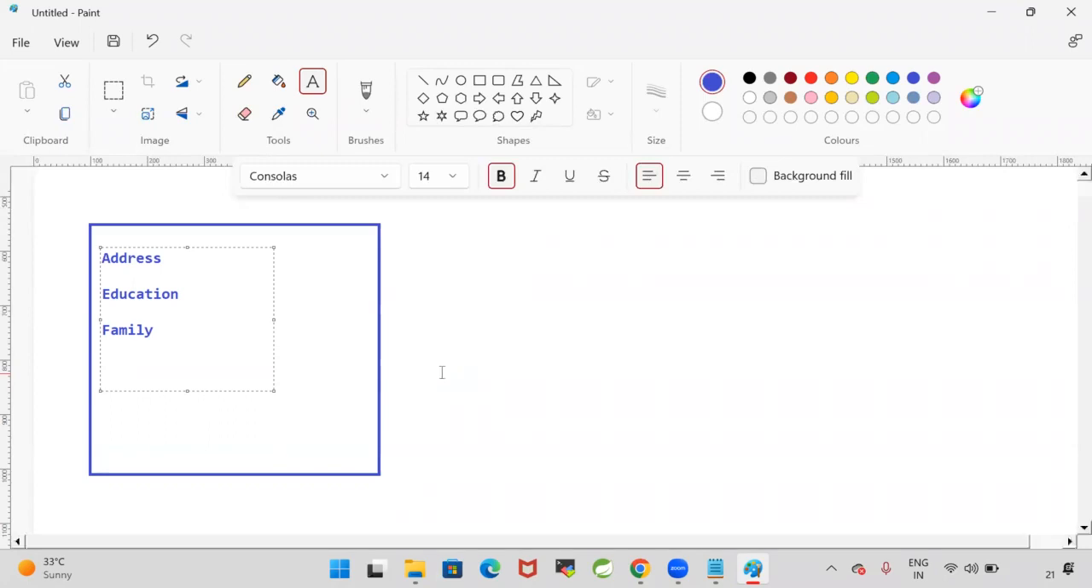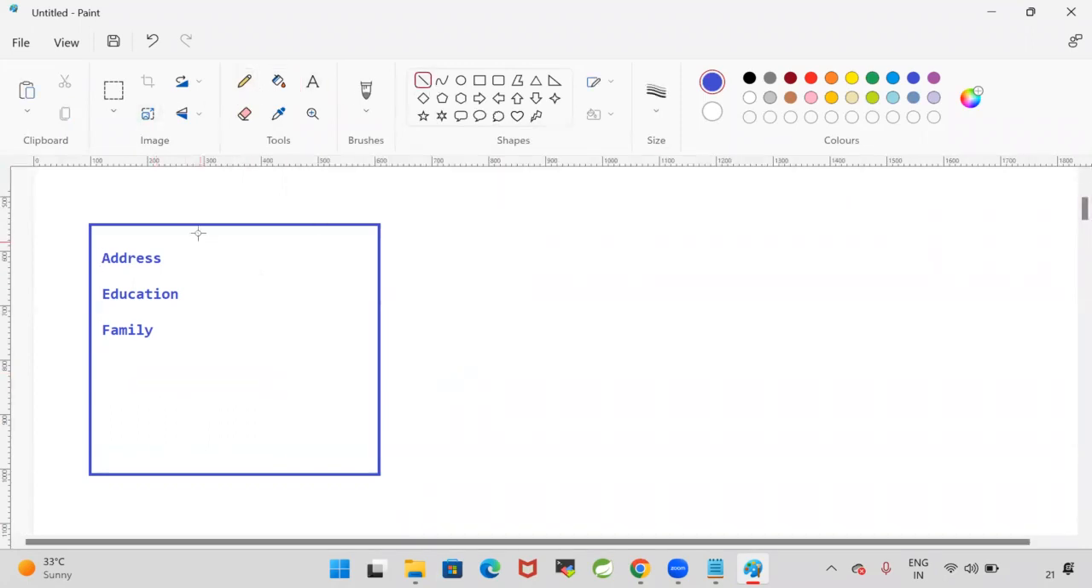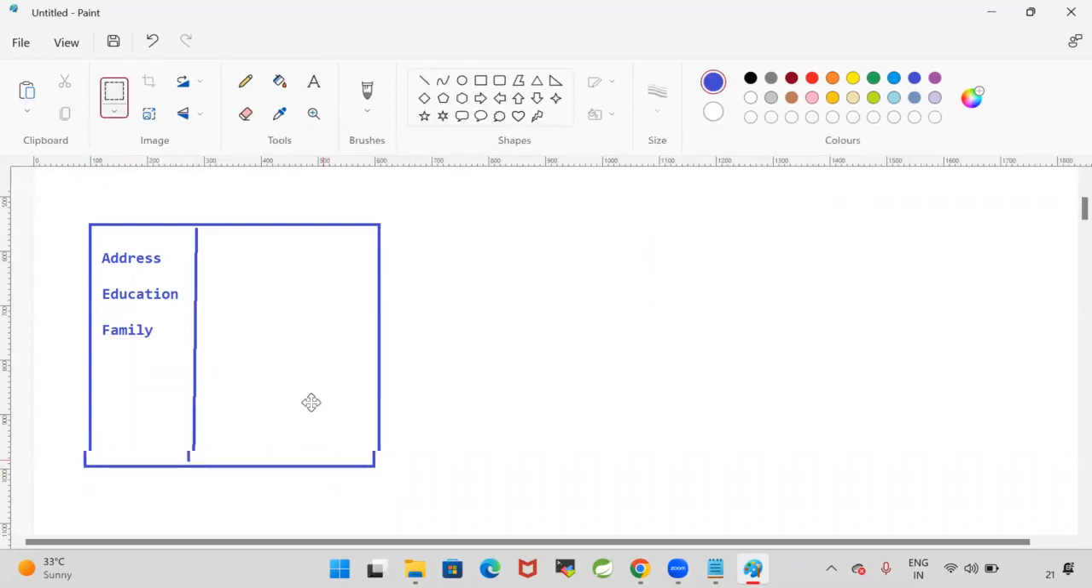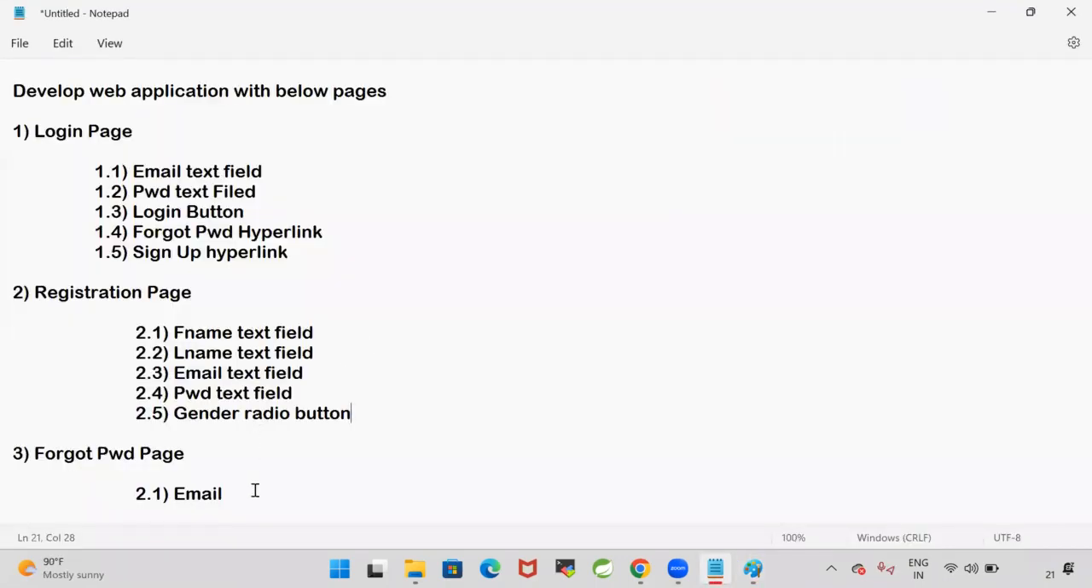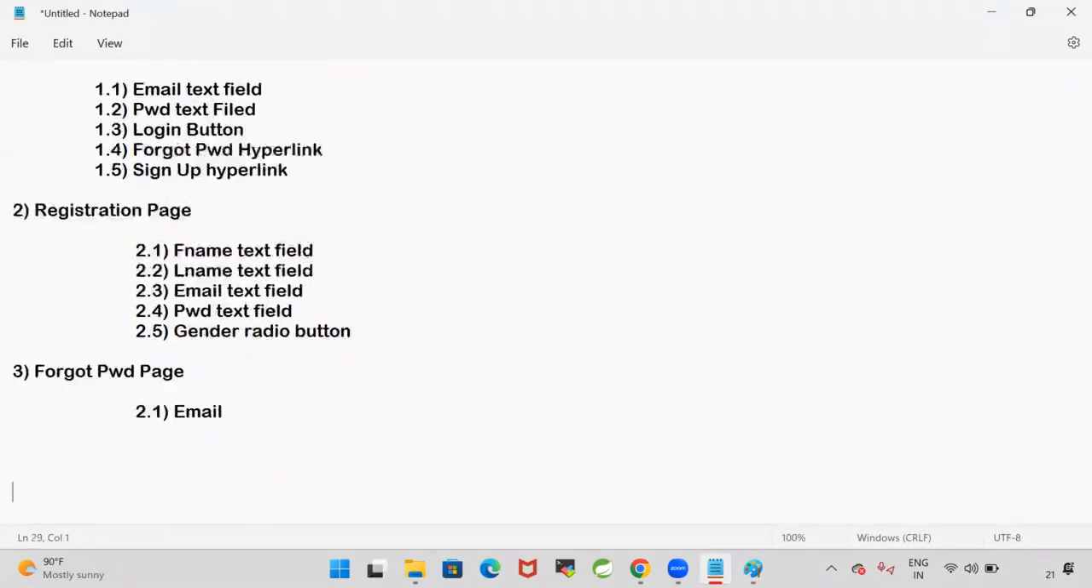So like this, I want to display one dashboard page. In the dashboard page, we will be having the menus like this. So in this menu, user can select any. If you click on the address, it should ask the user to enter address data. Now, address screen will be available,